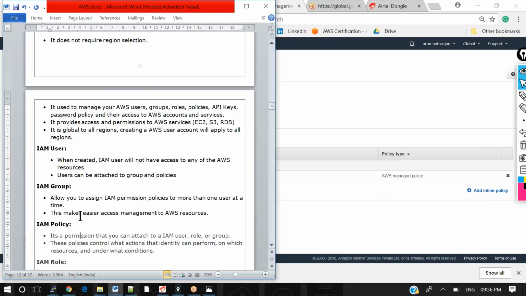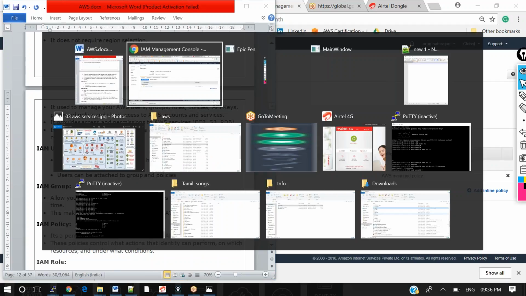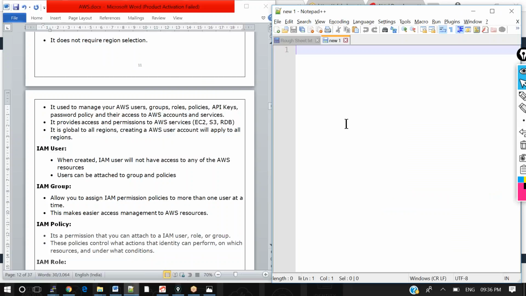Now the policy is nothing but a permission that you can attach to an IAM user or a role or to a group also. These policies control what kind of actions that identity can perform on which resources under what conditions. Let's take an example here.